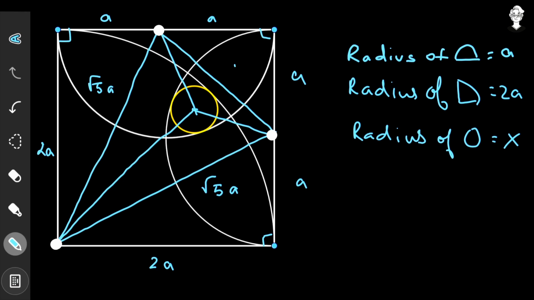Now here we again have a right angle triangle because all these angles are 90 degrees. So here we have a right angle triangle, the sides are a and a. So by Pythagoras theorem we will get that the hypotenuse is square root of 2 times a. So out of these 6 line segments we have got the lengths of these 3 line segments. Now let us calculate the lengths of the missing 3 line segments.